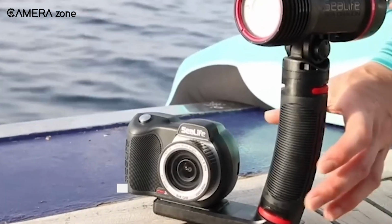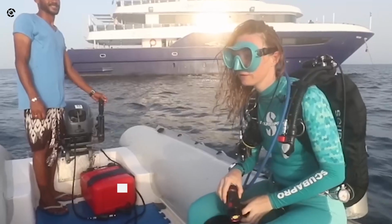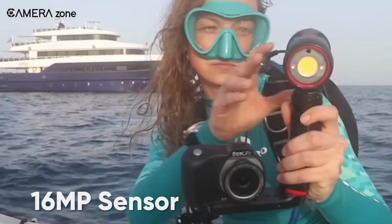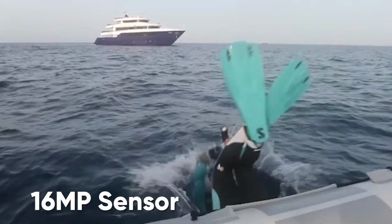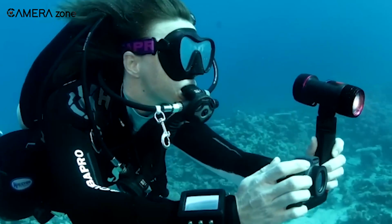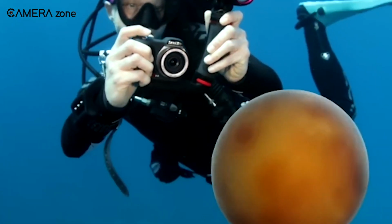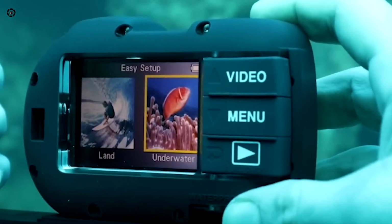Designed with professional deep divers in mind, the SeaLife Micro 3.0 takes the spotlight with its remarkable recording and still capabilities. Equipped with a 16MP Sony IMX083 CMOS sensor, it supports up to 4K 30fps and 1080p 120fps recording, allowing for both high-resolution photos and seamless video capture. A notable feature is the ability to capture 10 high-res 16-megapixel photos per second and support for the DNG file